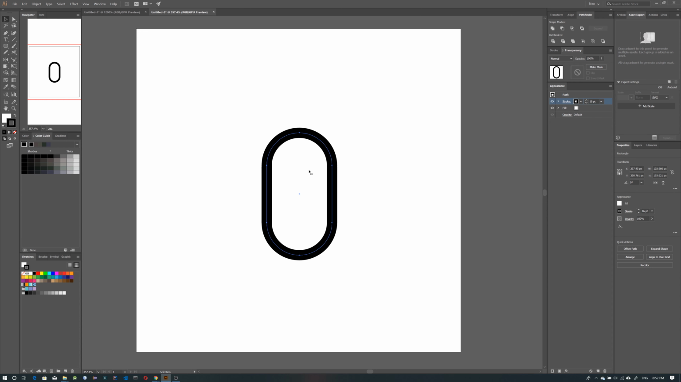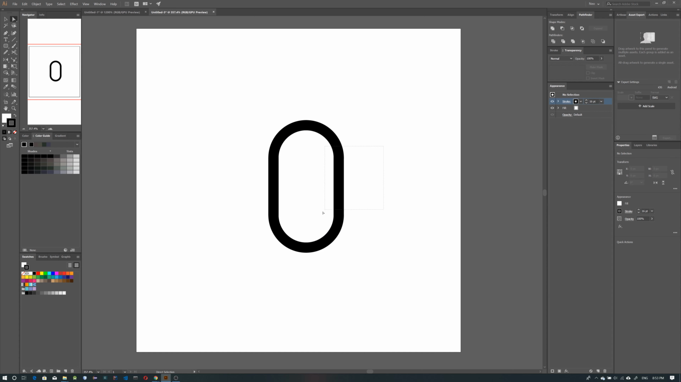For this example, let's take a rounded rectangle. To match any 2 points, first select those, choose the Direct Selection tool, and then select any 2 points that you want to match by clicking and dragging over those points, and then right click, choose